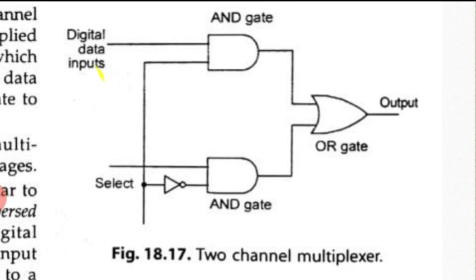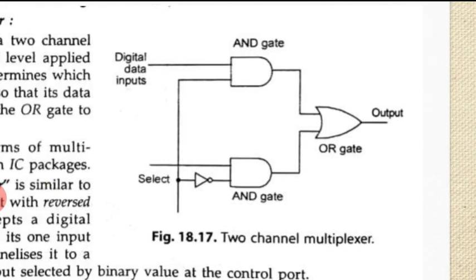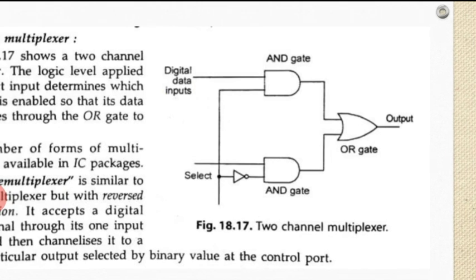I conclude that using this multiplexer we can take 2 inputs and go for a single output. You just have to analyze that the switch is the digital data input. There we have to give 1, and below, the lower one, you have to give 1, and the reference voltage of the lower one becomes 0, because it is connected through NOT. Above it is 1, 1. So the upper AND gate gives 1, and the lower one gives 0. So the input to the OR gate from the upper gate becomes 1, and the lower gate becomes 0.